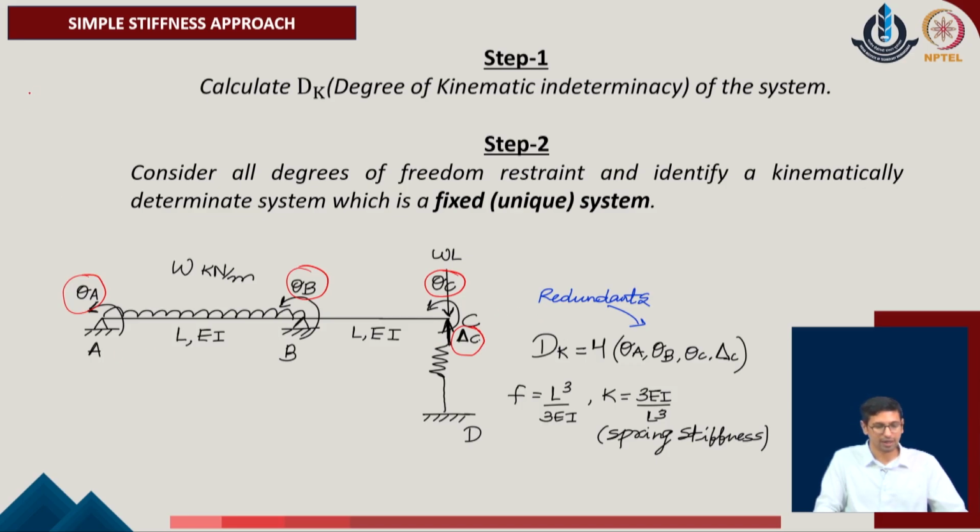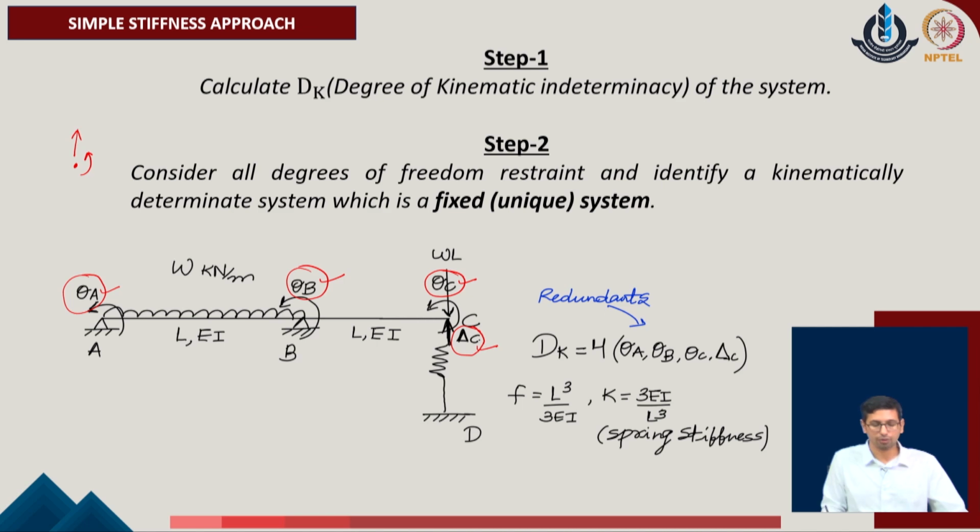One must note that in the given problems we are considering that any point can have the possibility of a vertical translation or a rotation in the given system. As it is a beam member, we are not considering right now the axial deformations or any other 3D effects. So, the simple consideration of the vertical translation and the rotation about the normal axis or the normal plane of the given system is considered, and with respect to that we identify theta A, theta B, theta C and delta, the deformation at point C, as the 4 available degrees of freedom in the given problem.